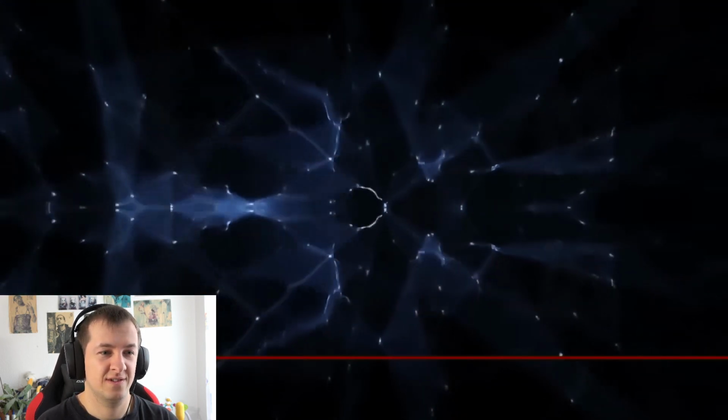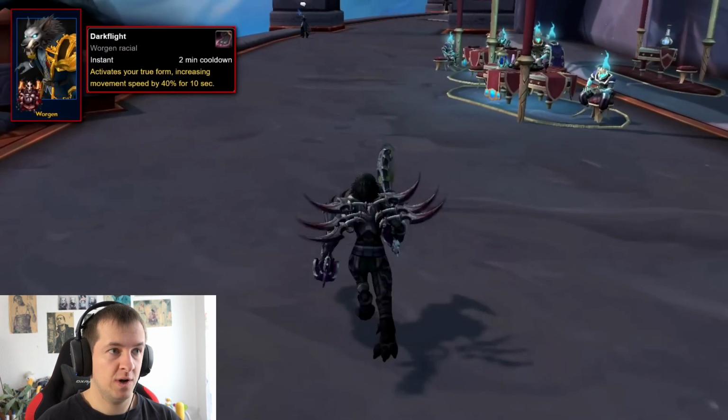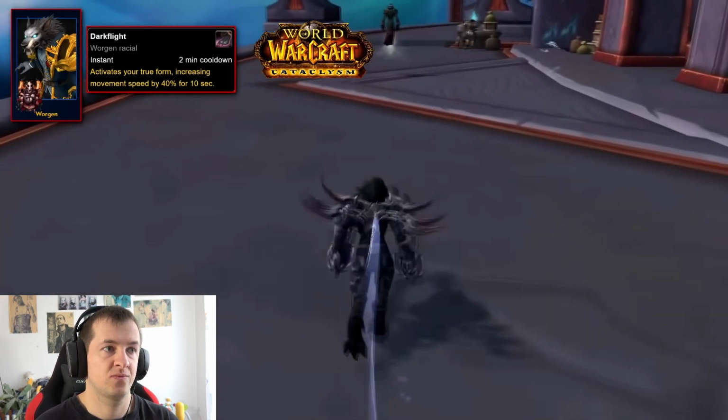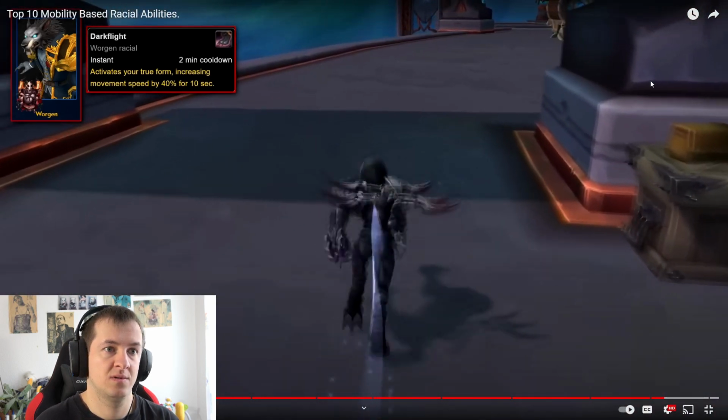And finally, at number 1, we have another Worgen racial ability named Dark Flight. This ability allows a Worgen player to increase their movement speed by 40% for 10 seconds. It's actually strong. Added in Cataclysm, this ability started out with a 3-minute cooldown, but was changed to 2 minutes shortly after it was introduced. Upon using this ability, Worgen players...